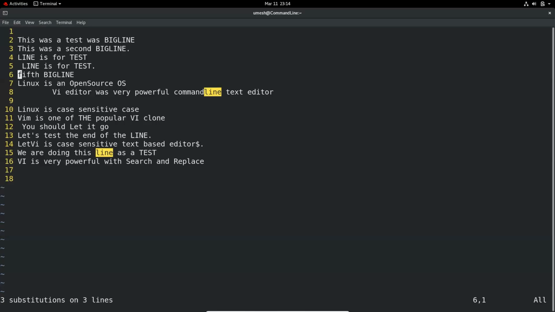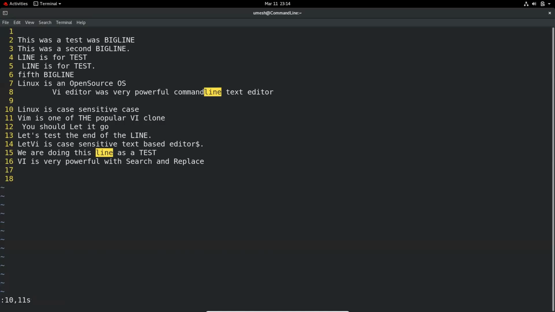So you can use the line numbers for search and replace. And if you want to do, for example, line 6 to 15, or let's say line 10 to 11, we did period before. Period will just do the current line where the cursor is, but you can do 10, comma 11 and search.